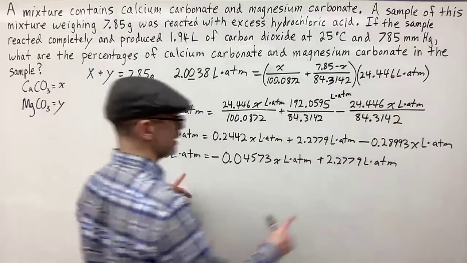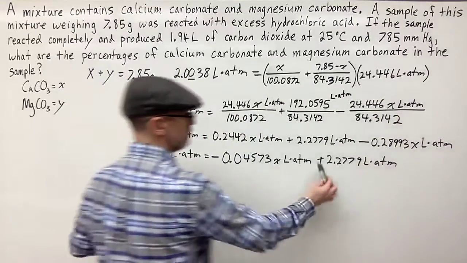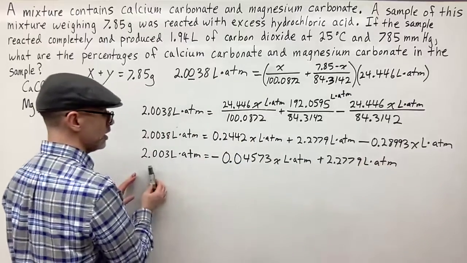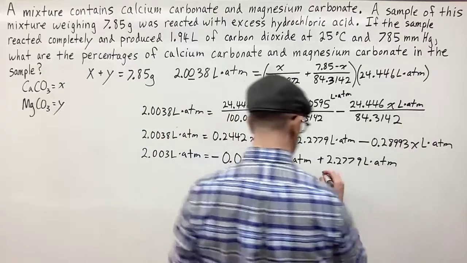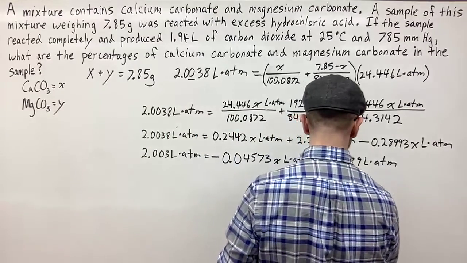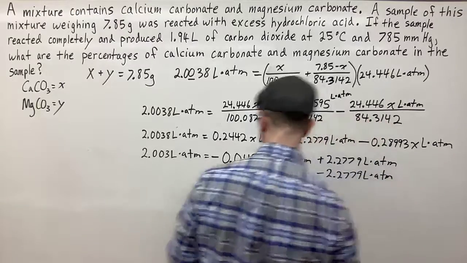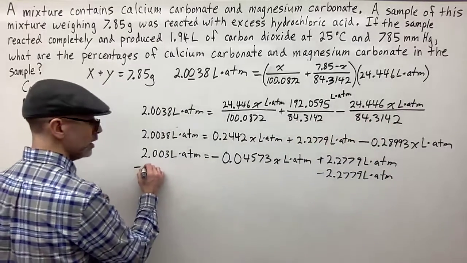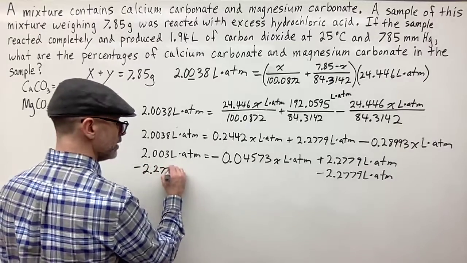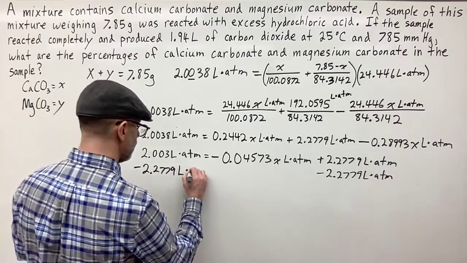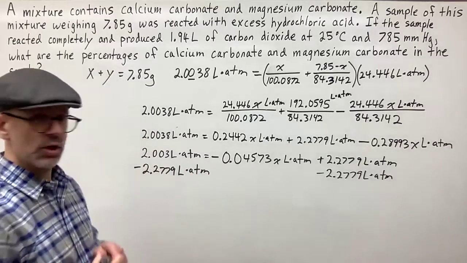Okay, now the next terms, this term here doesn't have an x, and this doesn't have an x, so we're going to have to bring this over on this side here so that we can have x by itself. So then we're going to subtract 2.2779 liter atmospheres. Subtract over here, minus 2.2779 liter atmospheres. And so when we subtract these two, we get